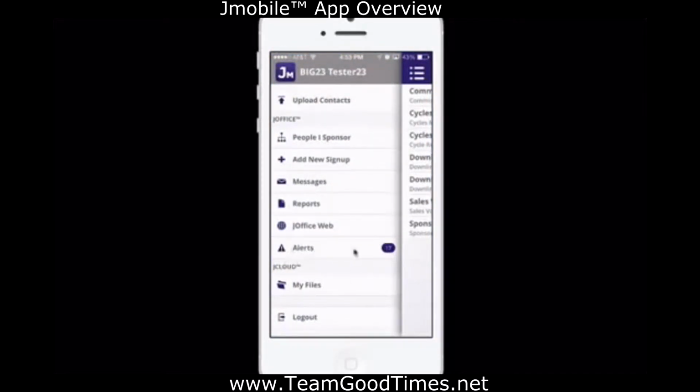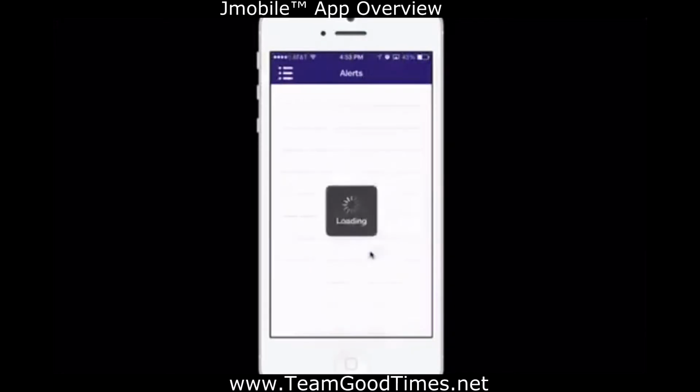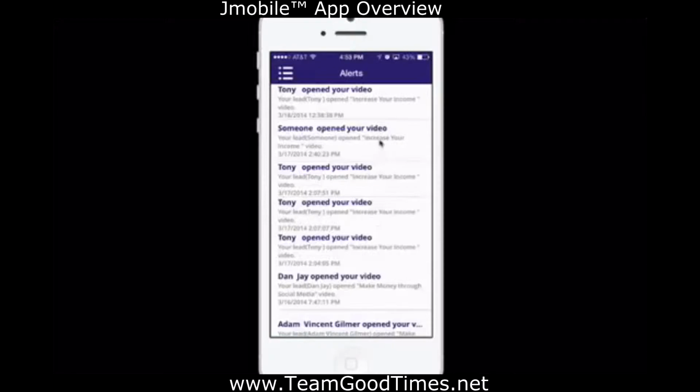I love this feature because it literally allows us to keep track of what's happening in our business. As your business continues to grow and you've got hundreds and hundreds of people coming in and hundreds of prospects and huge organizations, it's good to be able to keep track of everything. It can be overwhelming, and so we are trying to give you the technology to be able to run your business very, very efficiently. So you can see